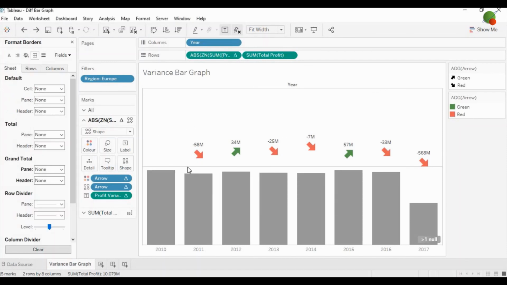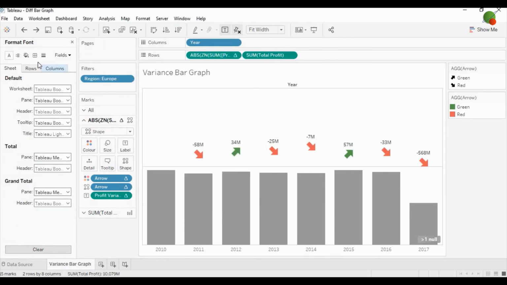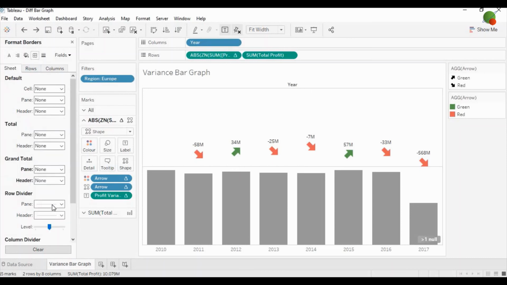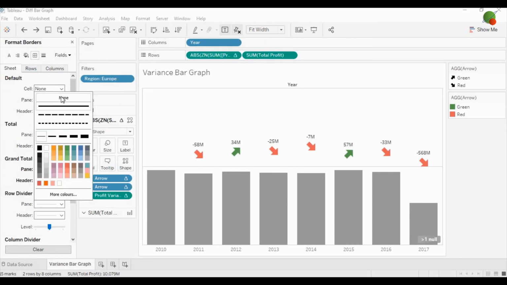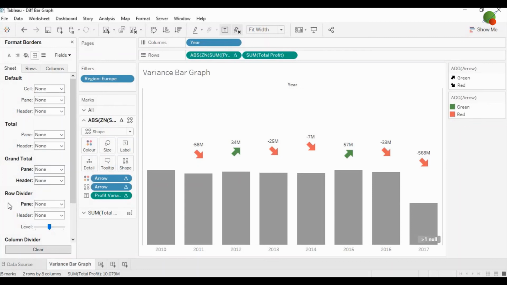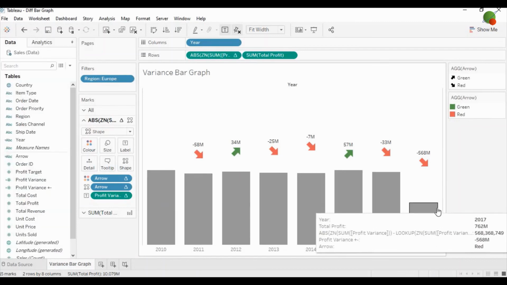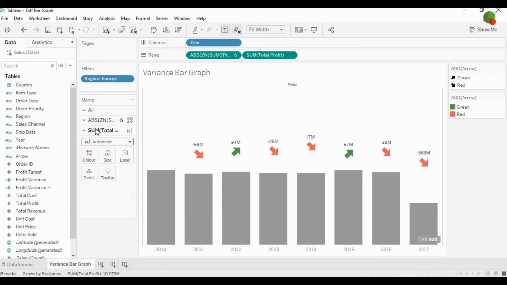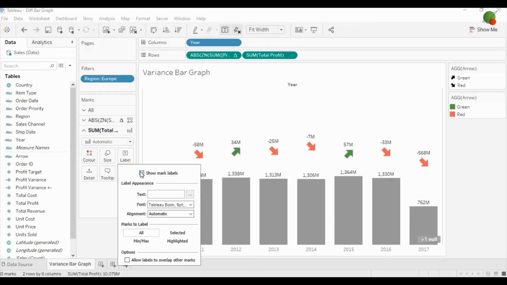If you want to remove this center line, then you need to click on the border, and from the sheet you can select none from the row divider, right? And again, if you would like to show the value for each bar as well, then you can go to the mark area for the total profit, and then you can select the label for that.